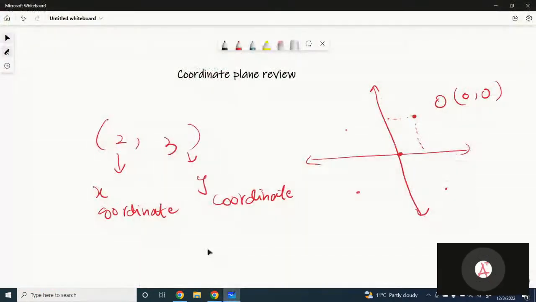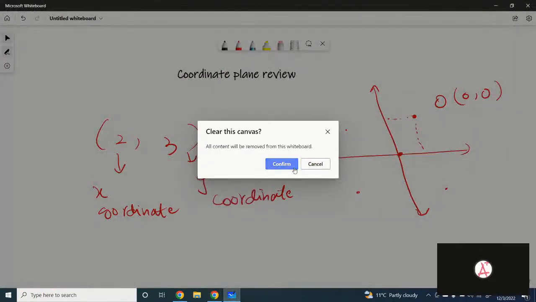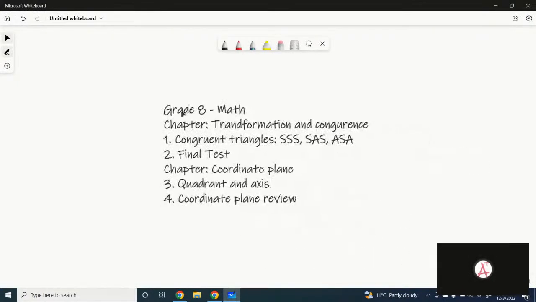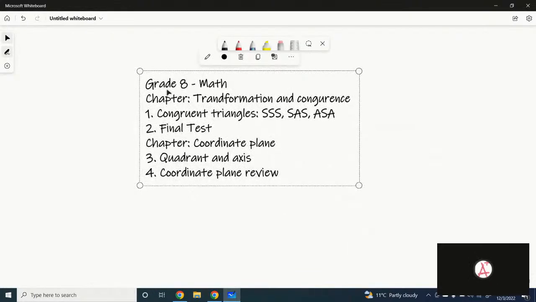Okay, you can complete the test by yourself later today. So here is the list of the lessons we have covered today. We started with the chapter transformations and congruence. We did the lesson congruent triangles: side-side-side, side-angle-side, angle-side-angle. Then we did the final test for the chapter transformations and congruence. Then we started the chapter coordinate plane. We did two of the lessons: quadrant and axis, and coordinate plane review. Got it? Please make sure before the next session you complete all the test questions for the lessons